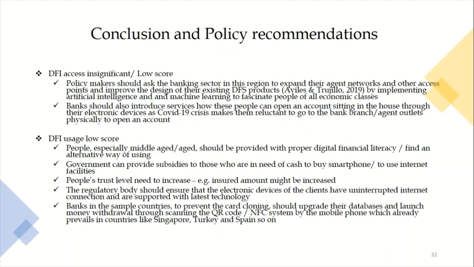Government can provide subsidies to those who are in need of cash to buy a smartphone or to use internet facilities. People's trust level needs to increase. For example, the insured amount might be increased. The regulatory body should assure that the electronic devices of the clients have uninterrupted internet connection and are supported with